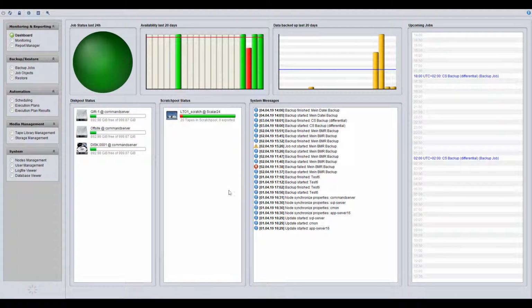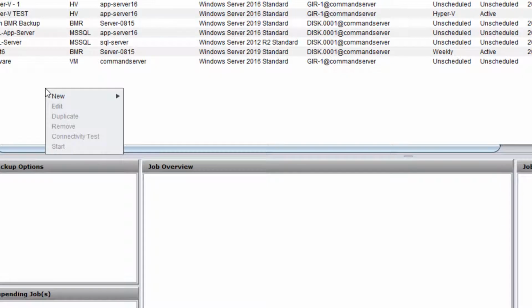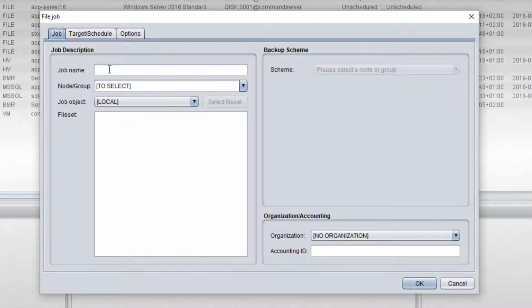So to create a file backup job, we're going to go to the left side, click on Backup Jobs, and then in the empty space you'll right click, do a New, and then File here. Once in the job properties, you'll define a job name. So go ahead and type in your job name here, and once done you'll go to the Node Group pull down